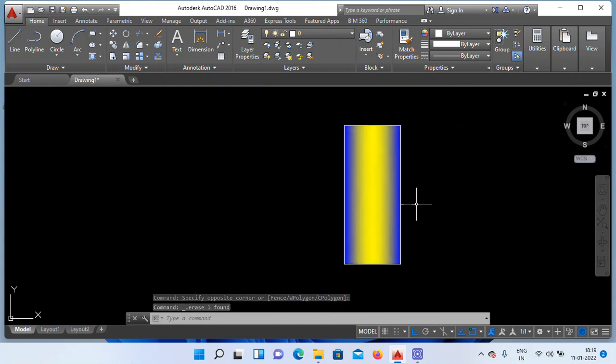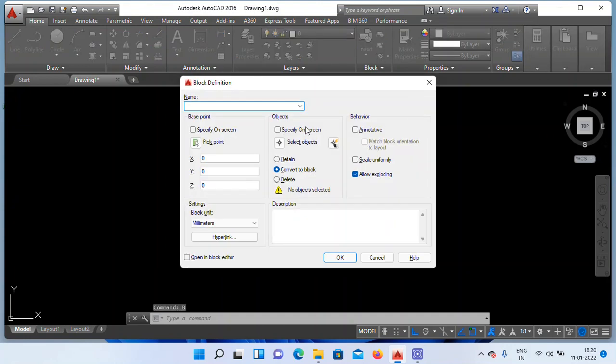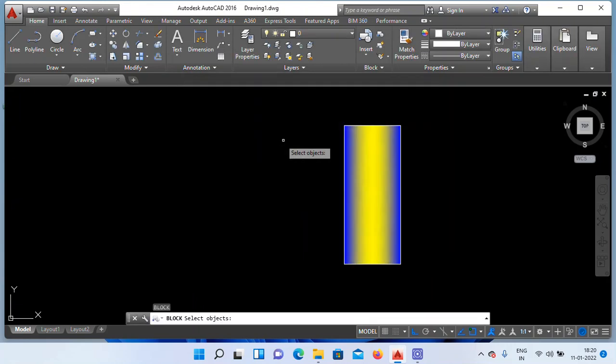This object also I want to keep in the safe location. Open the block schedule. Vertical glass, V glass. Right. Click on Select Object. Select. Enter.